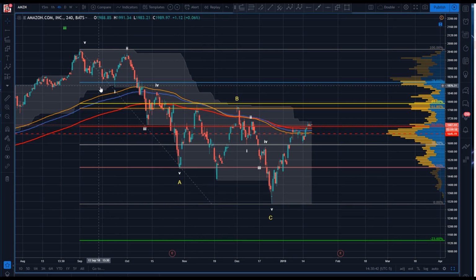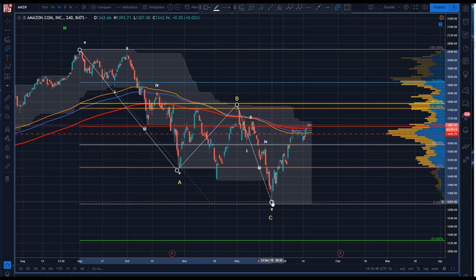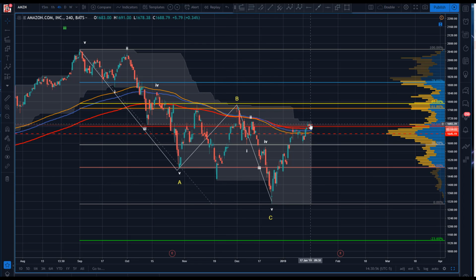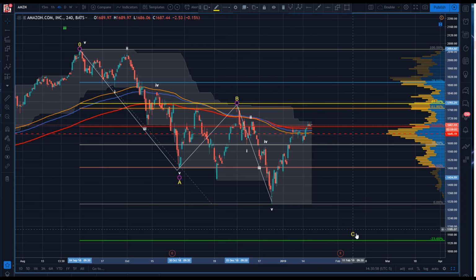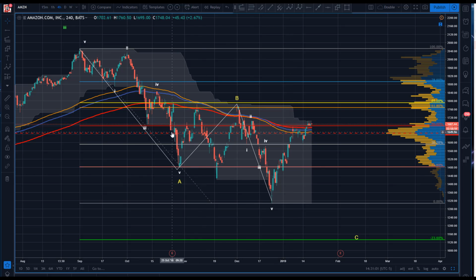Now, what's off a little bit here is the symmetry, right? So if this is A and we're getting the B here and that's the C, well, the C relative to the A is mighty short. So what's the alternate? That's a B, and we've gone 1, 2, and the C is yet to come much lower. I don't see another way to go with this because, like the S&P,